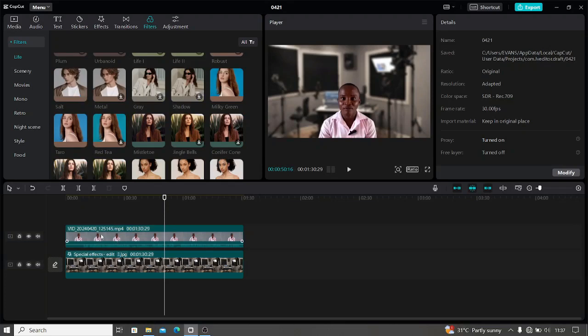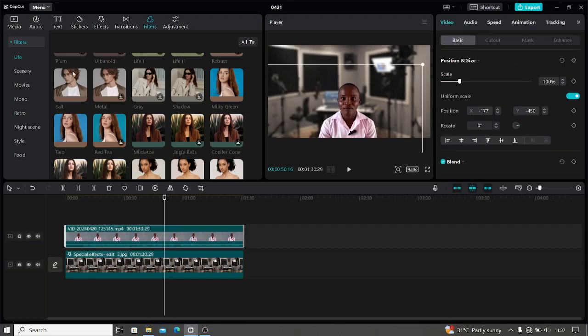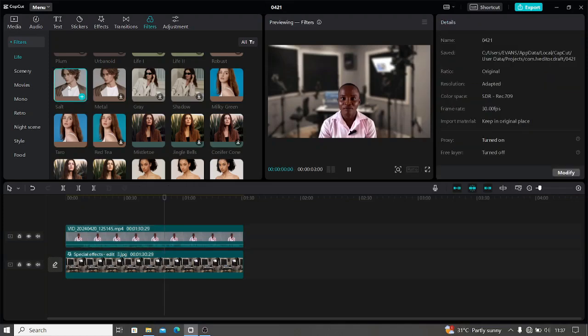So before you select the filter, I've clicked on the video on the timeline, then I go over to the filter of my choice, which is salt, and I click on it. Okay, it has been applied. So the next thing I will do now is click on adjustment, up here, click on adjustment, and I'll click on